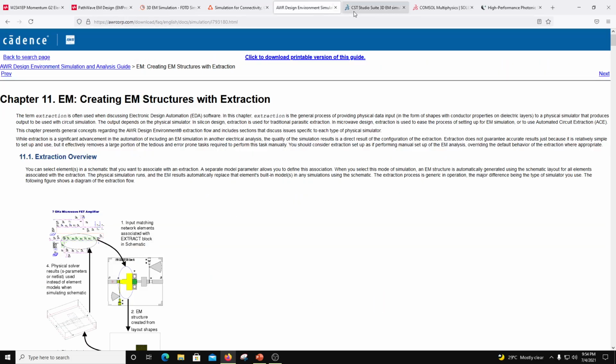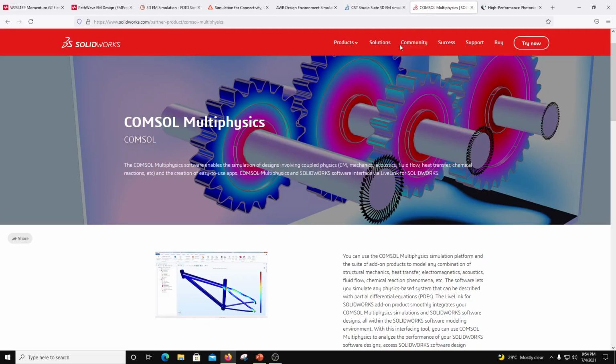So these are all Laplacian solvers, while this one solves the partial differential equations using different methods. Runge-Kutta method may be one of them, right? It uses different algorithms to solve partial differential equations, where besides the fields, the charges are also included. So COMSOL is a multiphysics software which can do EM simulation, but it can also do devices, while in all others you cannot do devices, right? We'll see some examples of doing devices in COMSOL. Moving further,